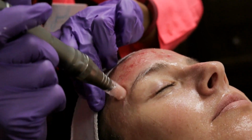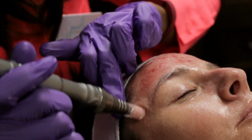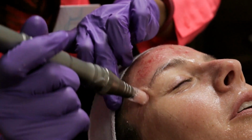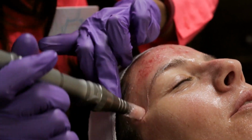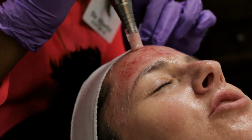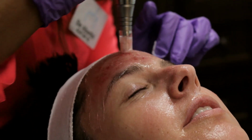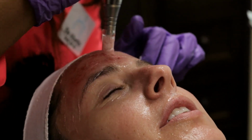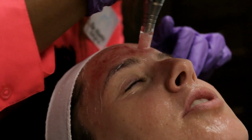Will you be hiding for the next 3 days, or do you stay red long? I will not be hiding. I will be going to work, and I will be seeing people. To be honest, the second day I just kind of look sunburned, but the third day, really, I'm fine. I look perfectly fine. Maybe someone would notice, but no one has asked me because I have gone to work the next